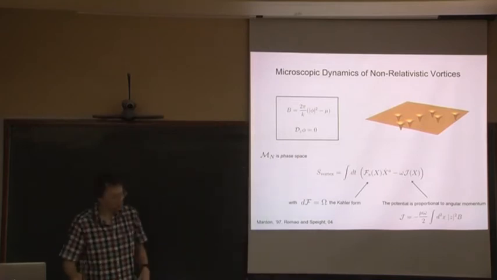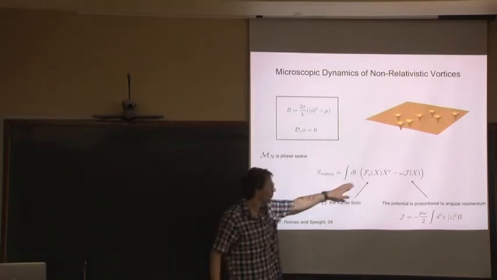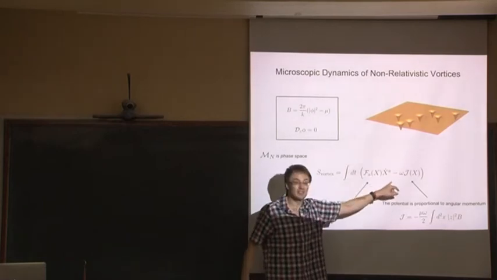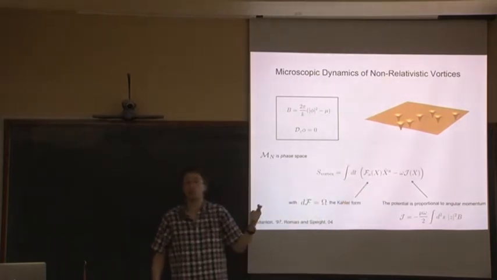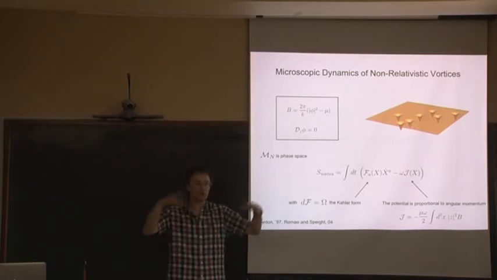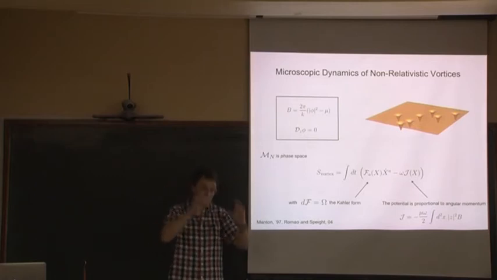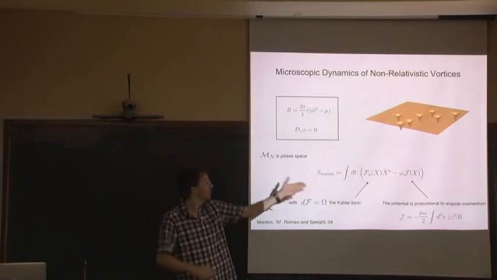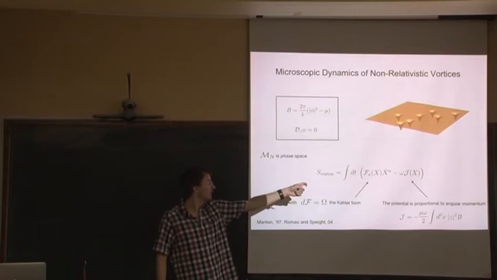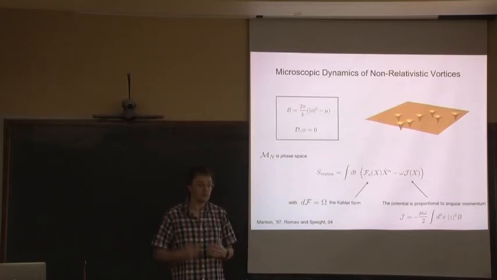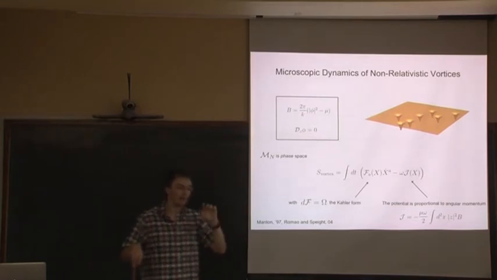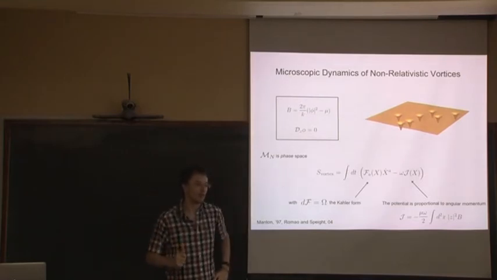So that's heuristically what the dynamics looks like. The problem is that we have to compute these functions F and J, and no one knows how to do that. Okay? We kind of know what they are geometrically, but this is a very complicated manifold, with a complicated metric on it, which doesn't show up here, but these objects are equally as complicated. So there's no explicit expression known for either F or J. It's not a compact manifold. It's a non-compact manifold, precisely because the vortices can move differently.